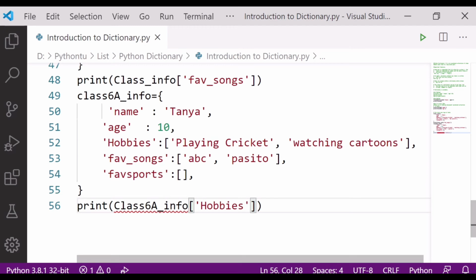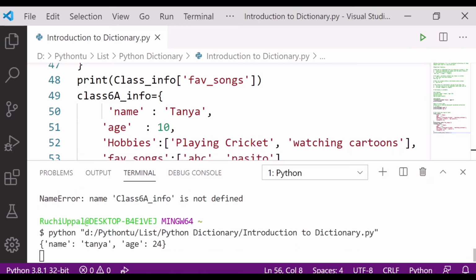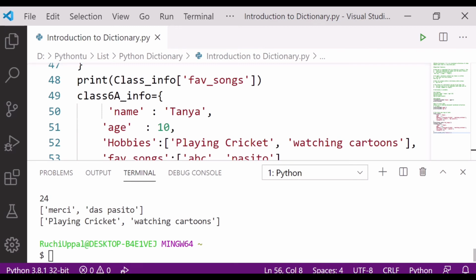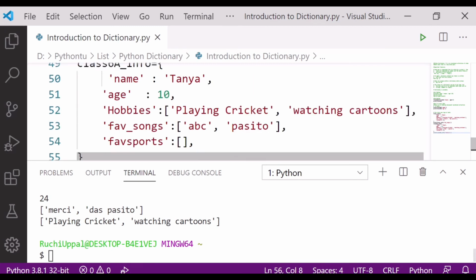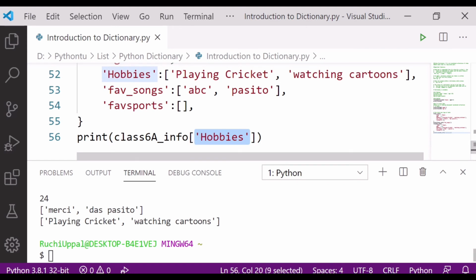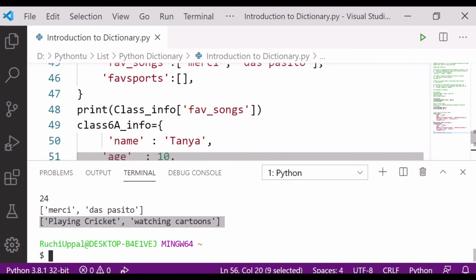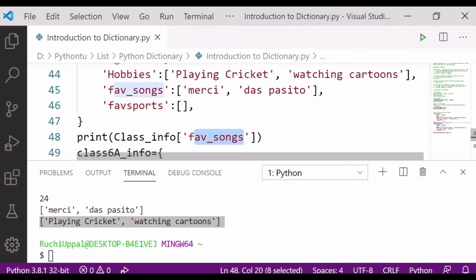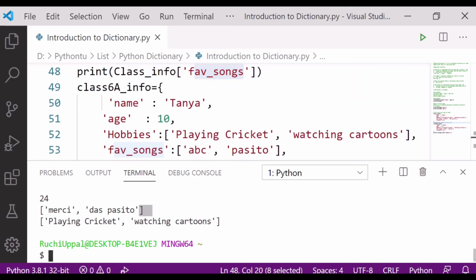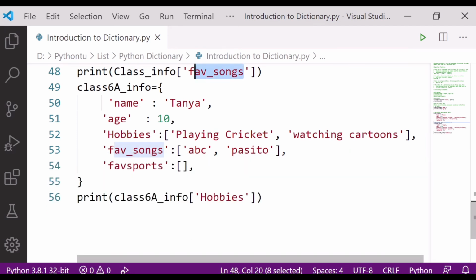No problem, sorry, it should be a small c. So you can see here I got my answer, I got my hobbies here. Earlier I was asking for the favorite songs of that particular person. So you can create a list, and you can create a dictionary inside a dictionary also.